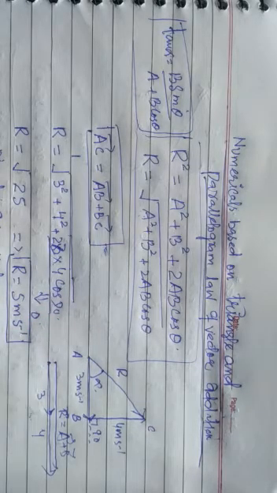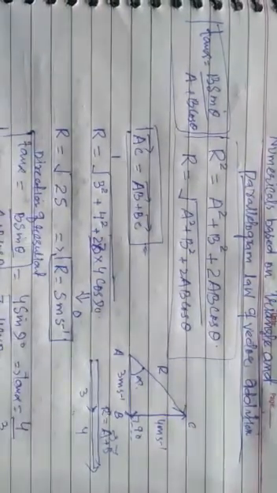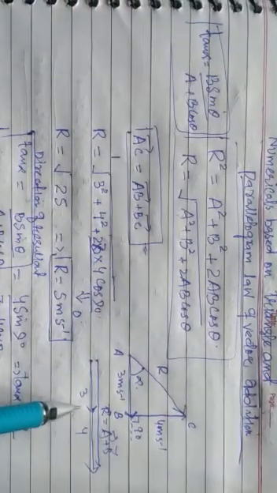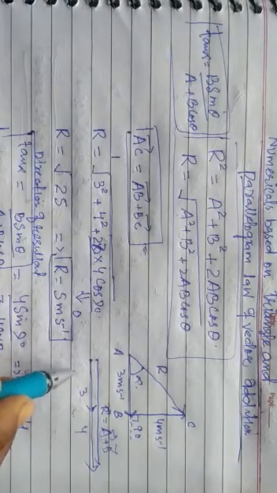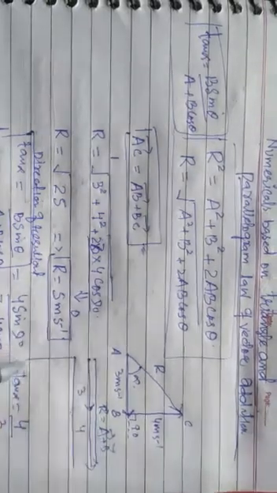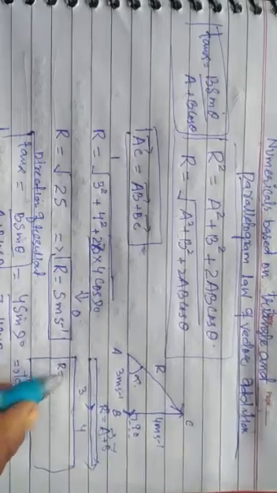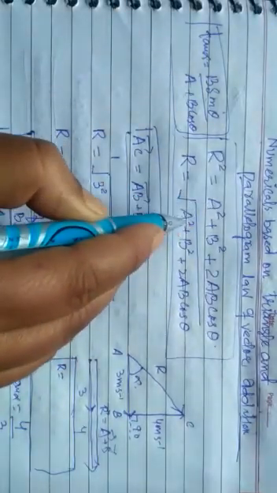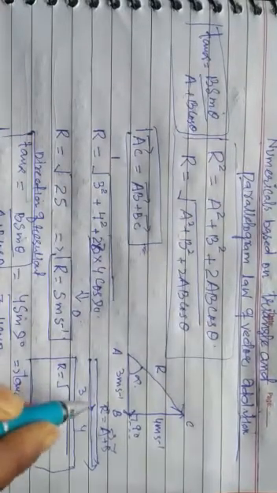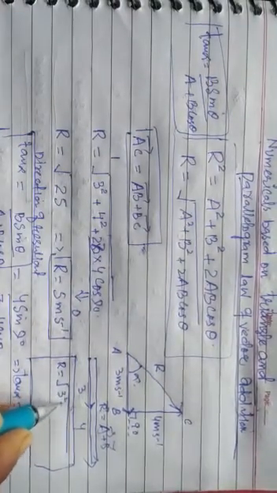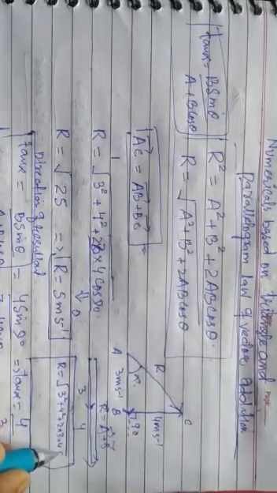So if this is the condition, if in the same data we are only changing the theta, listen what happens by having only a change in the theta. If I show in this small box, r equals to, I will use this formula, a square. For this question it will be 3 square plus 4 square plus 2 into 3 into 4 cos of 0.